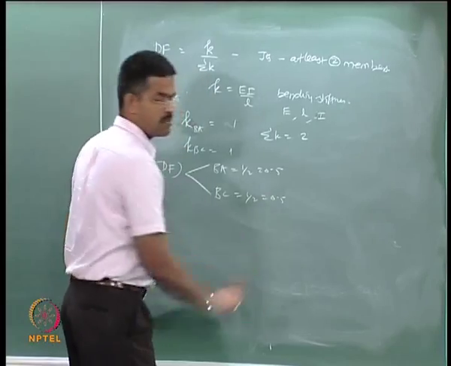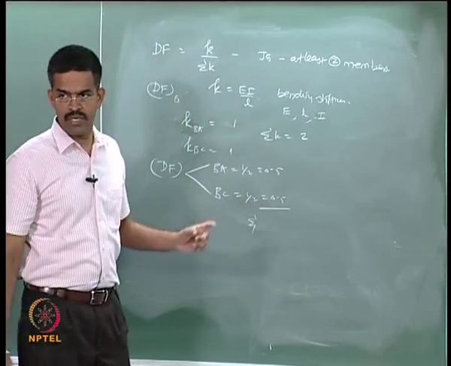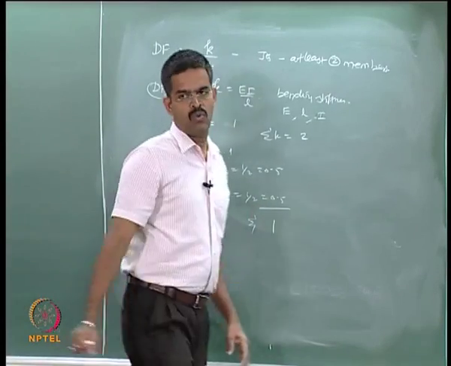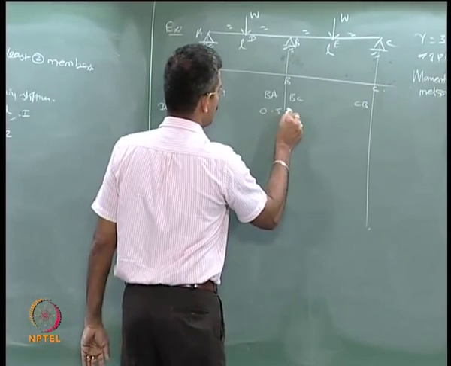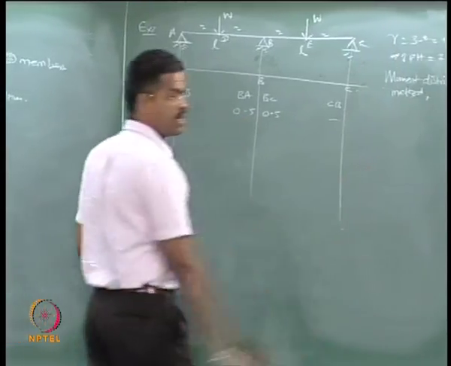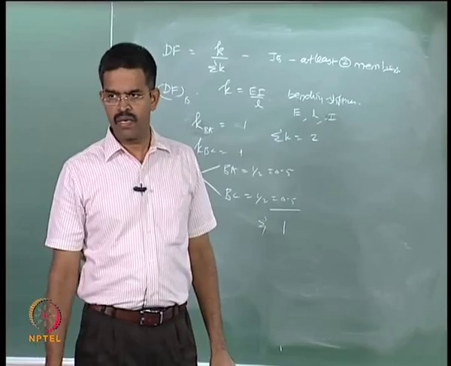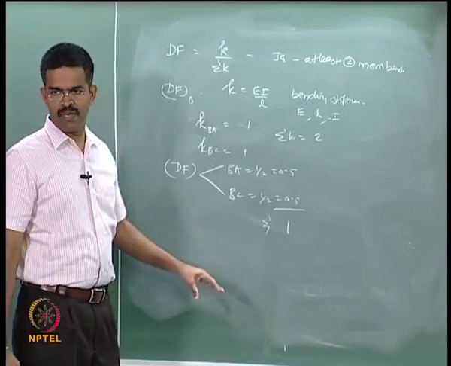Remember, the sum of distribution factors at any joint, be it any number of members connecting the joint, should always be equal to 1. So, I am writing those values here, and these are not available for A and C, because you should have at least 2 members to connect at the joint. Agreed? I can remove this. Is this clear? I have explained this very briefly and quickly.